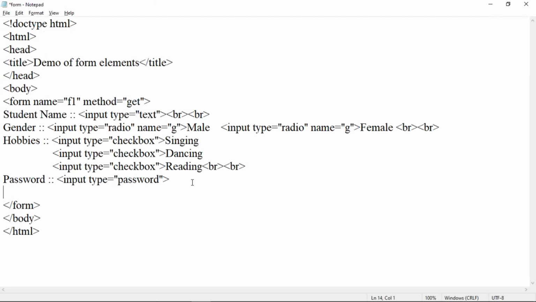Now to create a simple button, we can use input type is equal to button. You can add a label for that button with the value attribute. So let us add value is equal to OK. Here use a pair of BR tags.